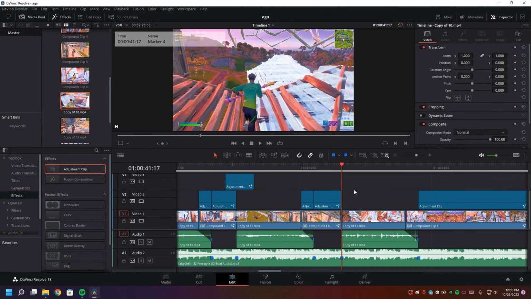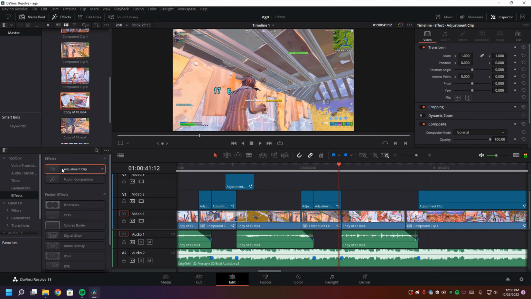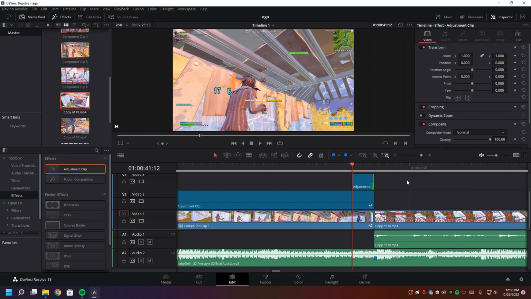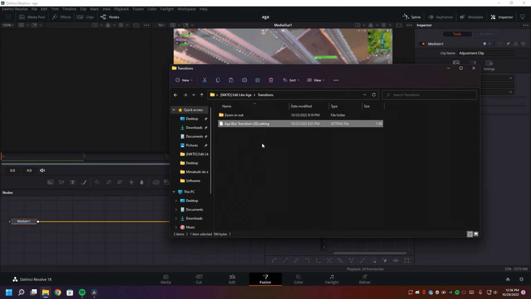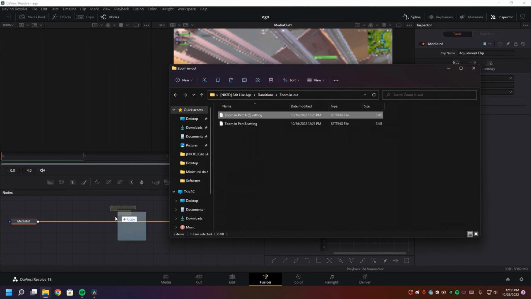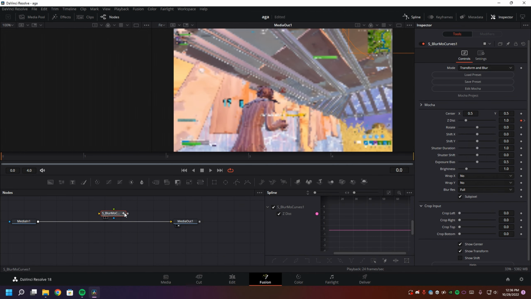Alright, now for the second transition, you want to go into here where you want the second transition to be, and then go 5 frames to the left from there and add an adjustment clip starting from there and trim it all the way down like I did, and open that Infusion page. And this time I'm gonna be adding this transition,